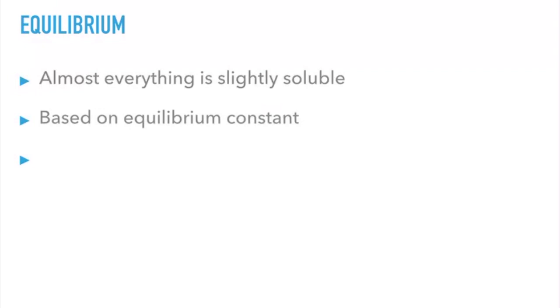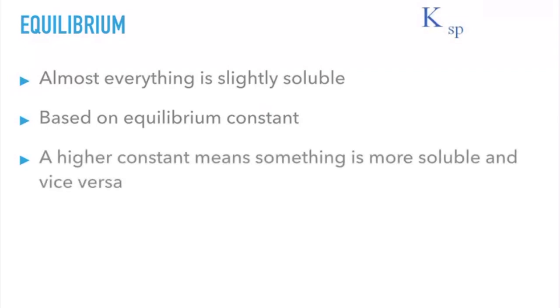In a later video, we will go into more depth into what equilibrium means, but for the concept of solubility, a higher equilibrium constant, denoted as K subscript SP, means a higher solubility factor, and a lower K subscript SP